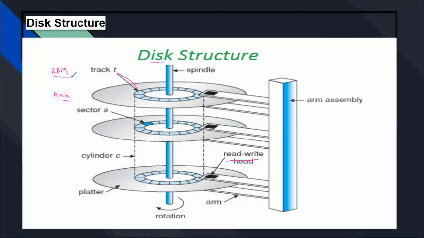In case of huge data, searching one record in the disk requires reading the entire disk. What I'm saying, concentrate on this part carefully. Let's say a lot of data is stored, and we have to bring it into RAM, the main memory. In case of huge data, a huge amount of data is stored in that disk, but we need to search for one record, so it requires reading the entire disk.